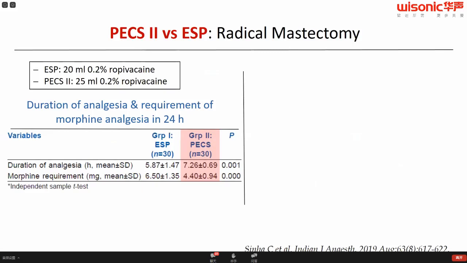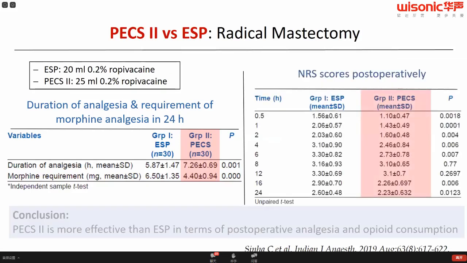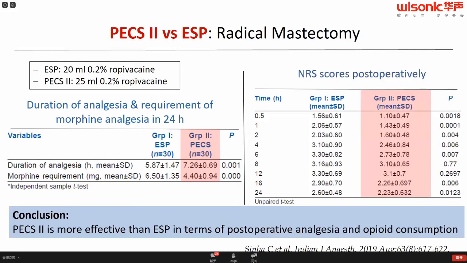Comparing PECS 2 with erector spinae plane block for radical mastectomy, the authors could demonstrate that for the PECS block, the duration of analgesia and the morphine requirement in the first 24 hours was lower, and also the pain scores were postoperatively lower for most time points for the PECS block. And the conclusion was that the PECS 2 was more effective than the erector spinae plane block in terms of postoperative